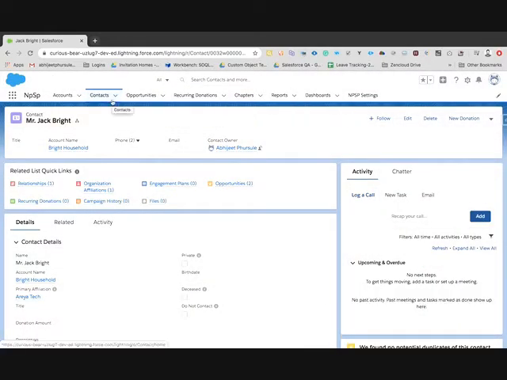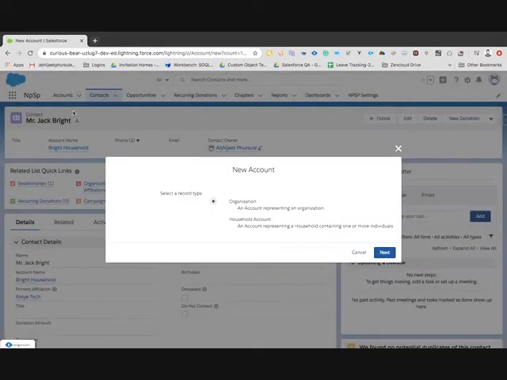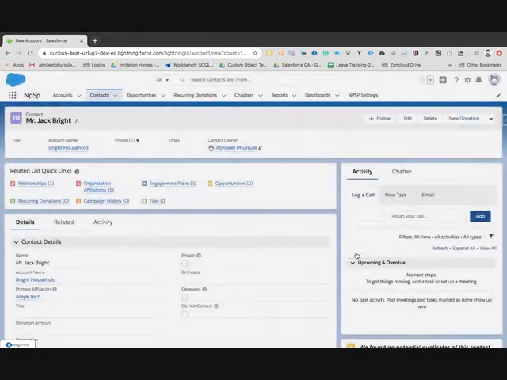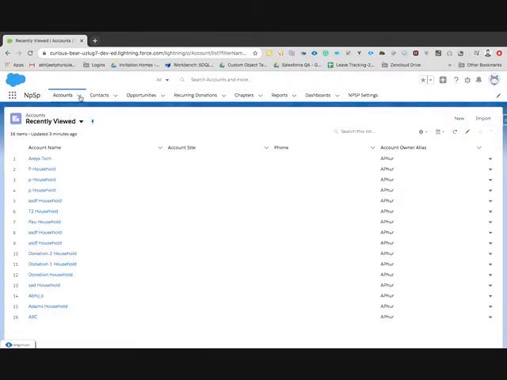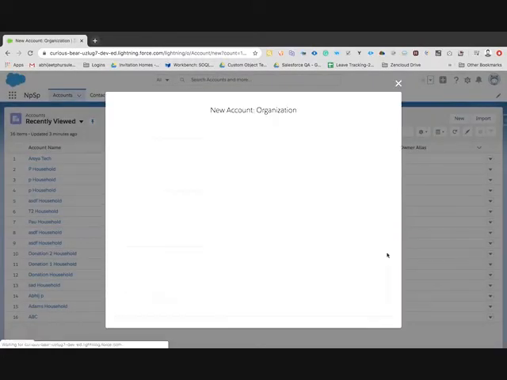Now let's talk a little about accounts. There are two types of accounts available. One is organization and the other is household, which help us to store the information of donor whether it is a household or organization. In order to accept donation from organizations, we'll create a new account, select organization,